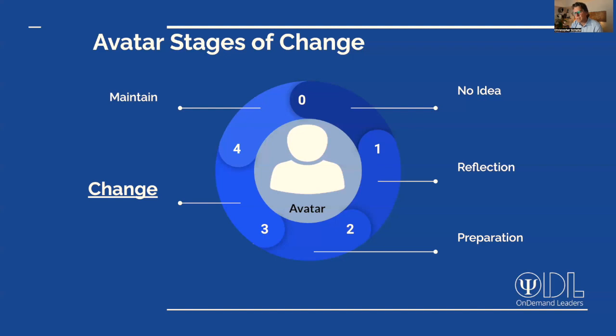Now, maintenance or maintain is a very critical step for organizations to manage, right? What did success look like for this ideal client after change? Like when change happens, what did success look like? And then how do they maintain that moving forward? And what process, people, technology, right, do they have to put in place in order to maintain it? So those are the stages of change. And now let's dive into what it means and how we're going to start mapping against it.